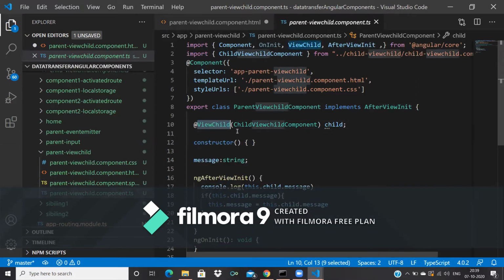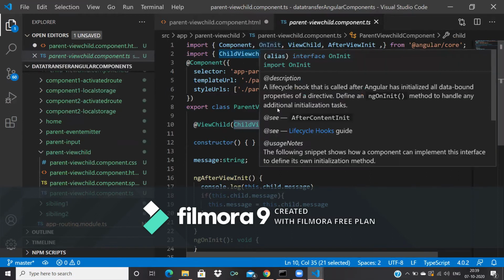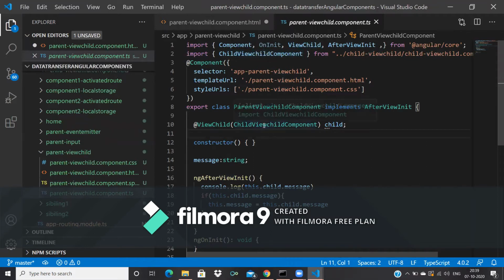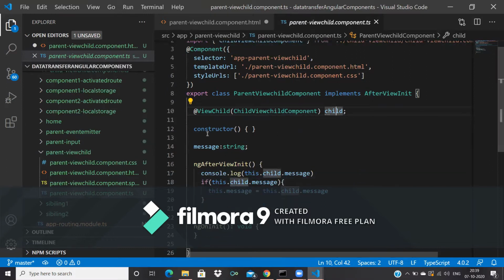I will initiate this with the component name. This is the child component I have imported here, the class. I'm calling the class and I gave it as child. Whatever value I'm sending from the child comes here, child dot message.